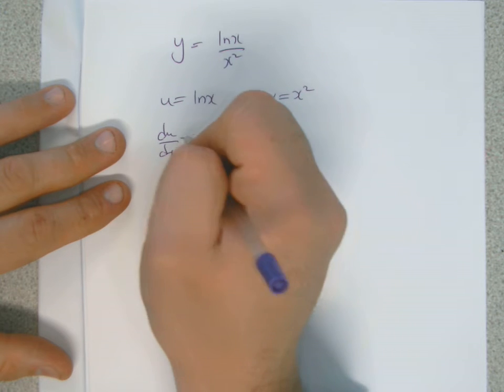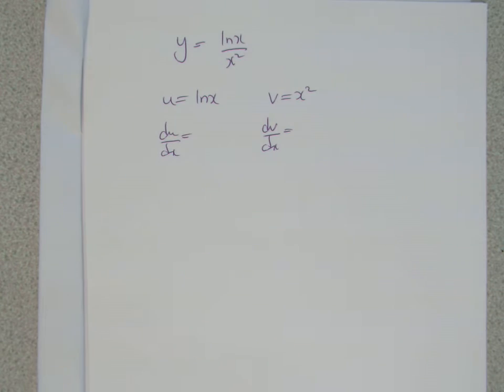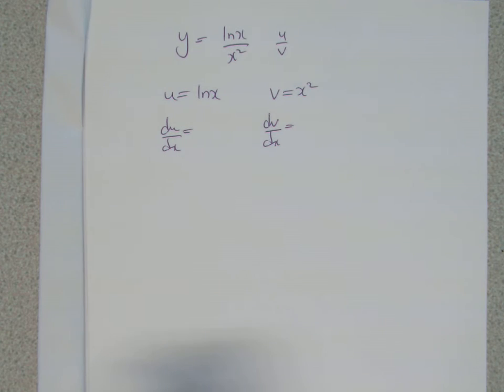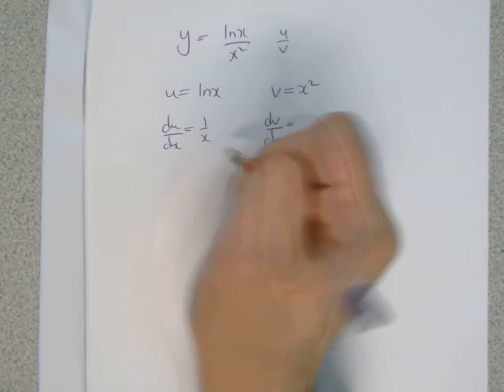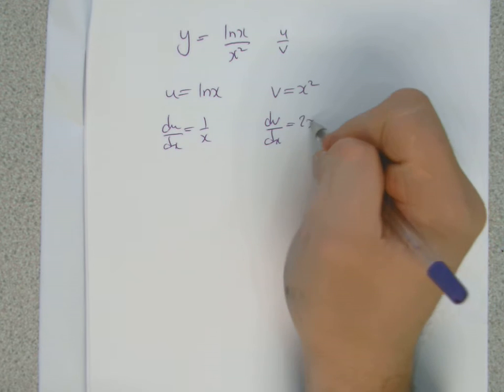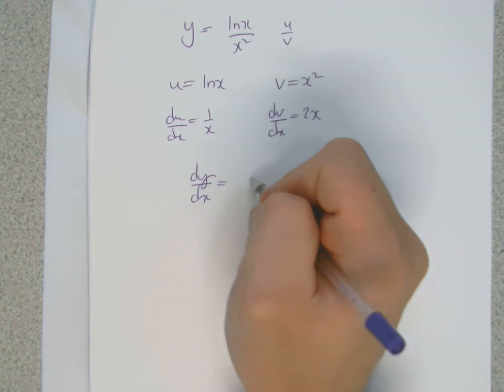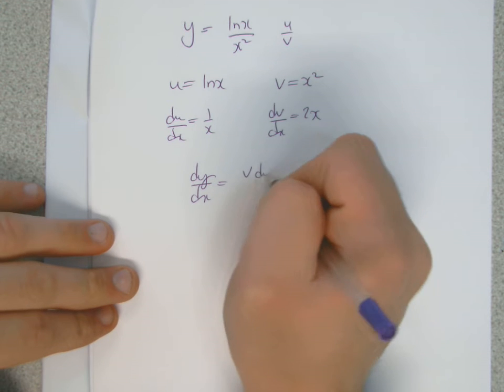Okay, right? You work them both out. It is a quotient though. It's a u over v. Remember u is on the top, v is on the bottom. So ln x becomes 1 over x, dv dx becomes 2x. Using the quotient rule then, dy dx equals, remember now, you've got to use that long one, v du